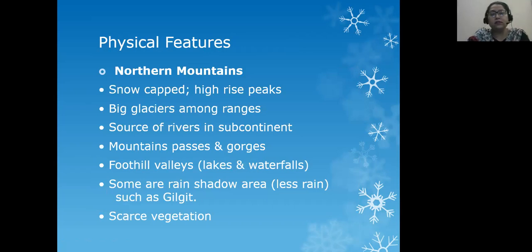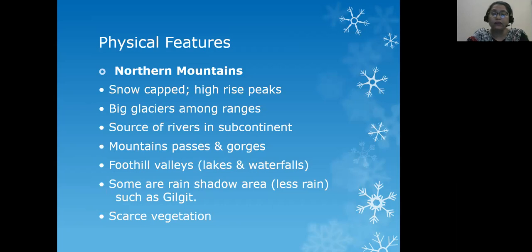Northern mountains are snow-capped with high-rise peaks, big glaciers among ranges. The northern mountains are source of river for subcontinent. Mountain passes and gorges are there. Contradictory to this, some parts of the northern mountains are not receiving enough rainfall, such as Gilgit.